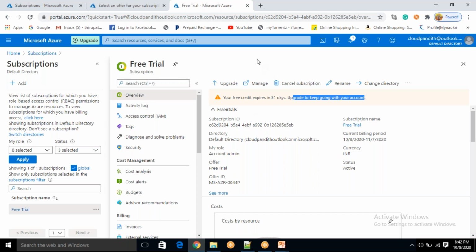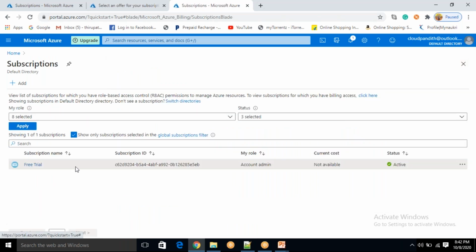So now we have created two things. One is the Azure account, and then we have created the free trial. As we have the free trial available, now we can create Azure Databricks. Before we create Azure Databricks, I want to show you a few things in this particular